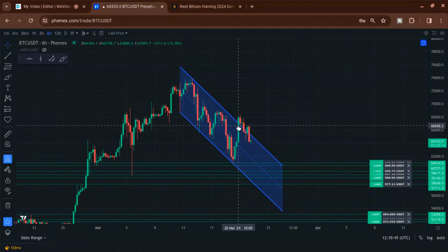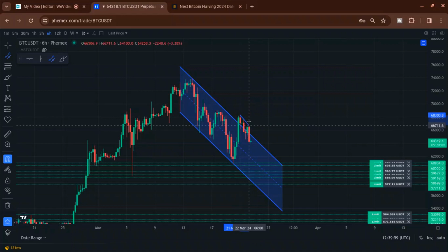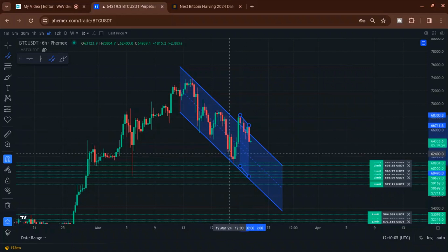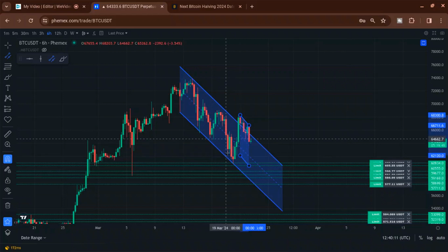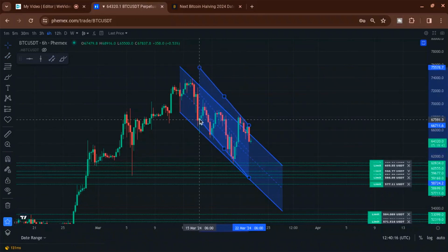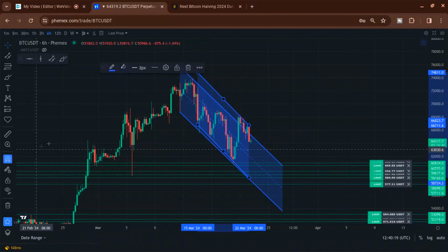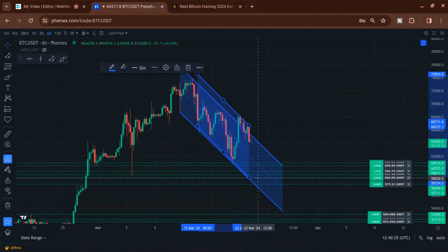So lots of times with these parallel channels, I find that you can also draw other parallel lines in there. So in this case, if we do one of these numbers here, it's not perfect, but you'll see what I'm talking about in a second. When you start looking at this stuff and doing it for a while, you can start to spot these spots where it lines up pretty good. I should have just done it here to begin with. The bottom of this wick here, boom, and